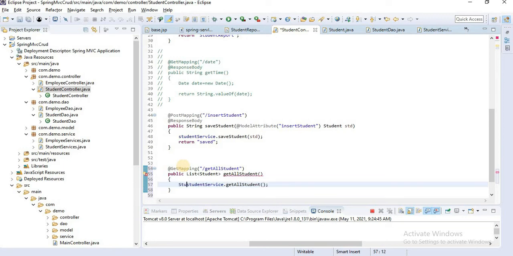Simply create a student list ss equal to that, and return ss. Here we have to define list of student.